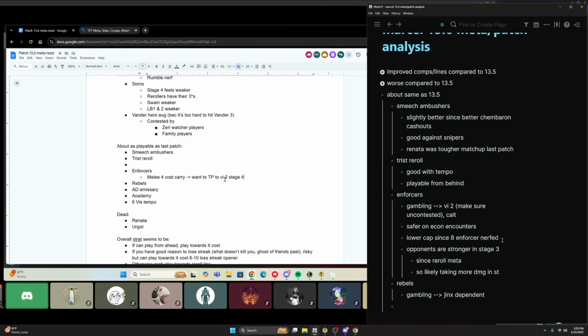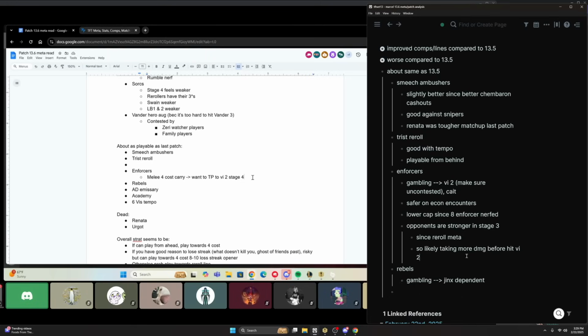Vi being contested from family could also be a thing. Yeah, fair enough. I feel like the tempo makes it quite challenging. Like if you don't have the Vi 2 before, maybe you're queuing up into like Garen 1, Swain 2 backline on stage 4. Now you're queuing up into Violet 3. You're queuing up into like